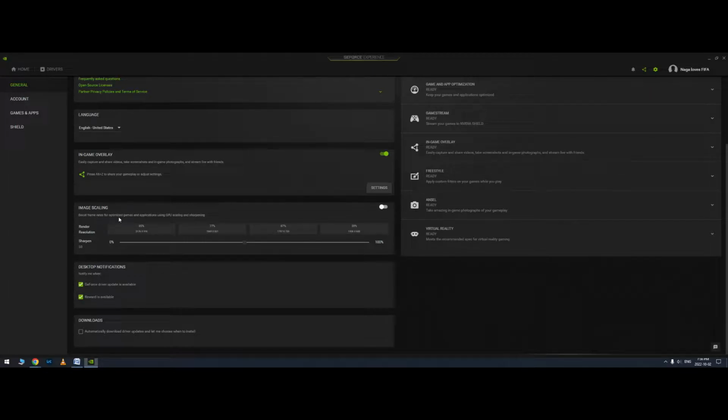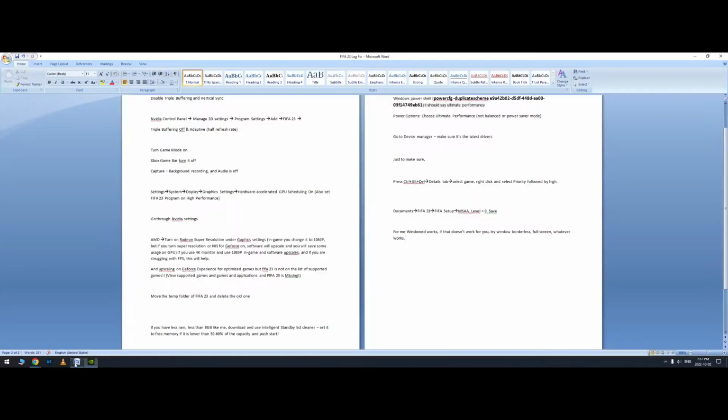Unfortunately, we cannot optimize this game with Nvidia GeForce because this game is not even on the list yet, and they need to do that. But I think if you have AMD, you could still do that. So you have a 4K monitor, but in game, under settings and graphics settings, you're going to pick 1080p, not 4K, not 2K. You pick 1080p, and then you come over here, and so